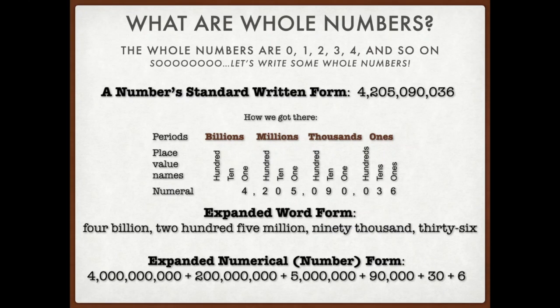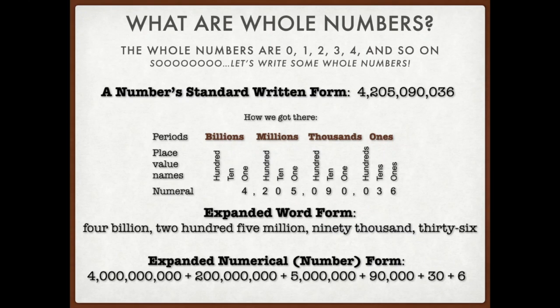Make sure you know the ones place, the tens place, the hundreds place. Okay? The 1,000s, 10,000s, 100,000s, and then so on. So use this and go back to these notes. You can see the numerical number, the digits in each of those places. 4,205,090,036. Now, when we have a word form, we'll take that numerical value, those digits, and turn them into words,